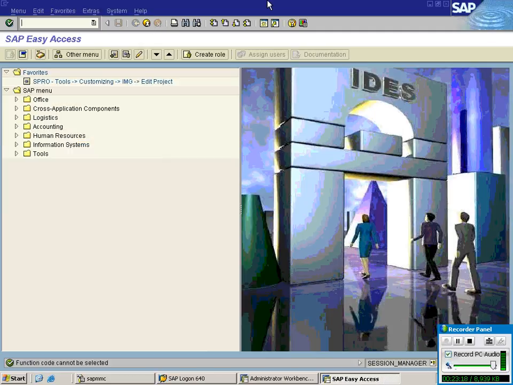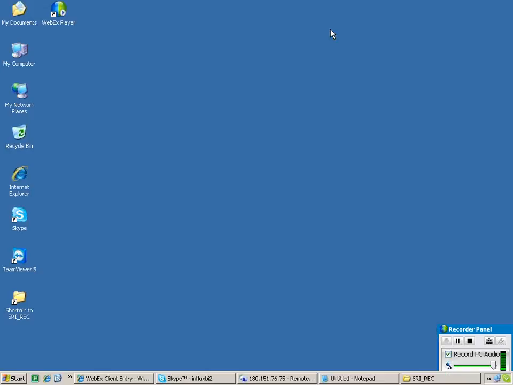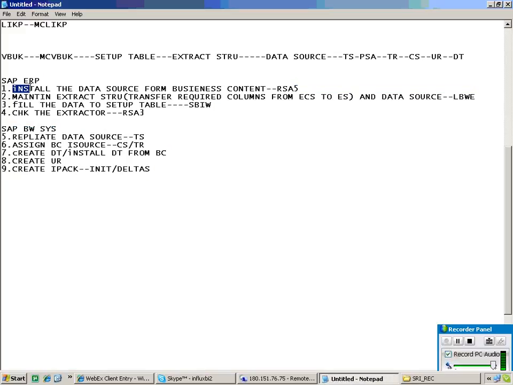First step I am just trying to perform: install the data source. Here I want to extract sales order data.